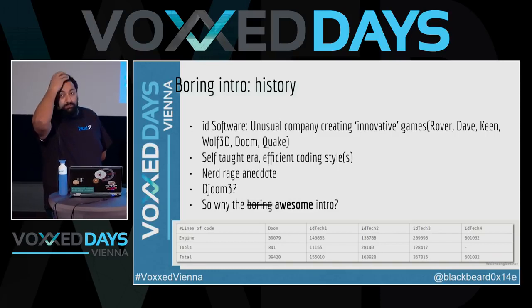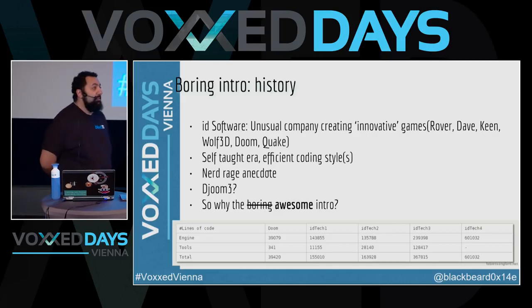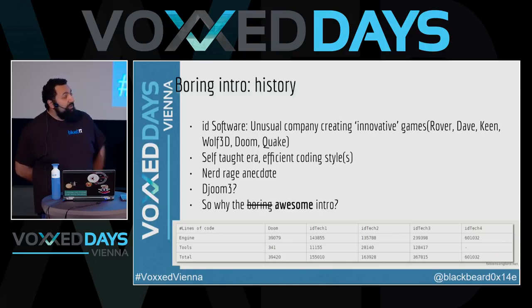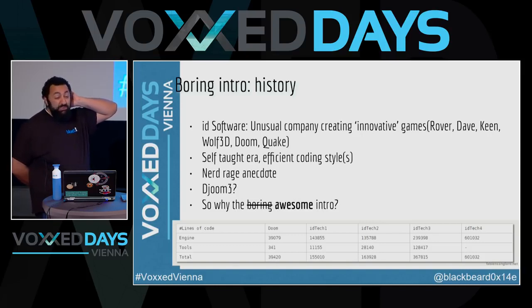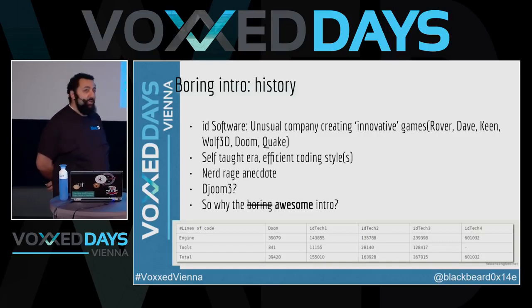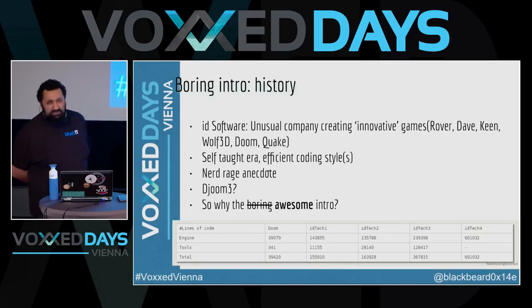Another cool thing they did is they open sourced almost everything they created. That's pretty cool. It's progressive. I mean, most of these games, okay, you can ignore the first couple of games, but Wolf, Doom, Quake, they're triple A games actually. So to open source something like that back in the 90s, it's pretty interesting. Everybody has hacked Doom and modded it to oblivion, and it's amazing. They come from a very different era.